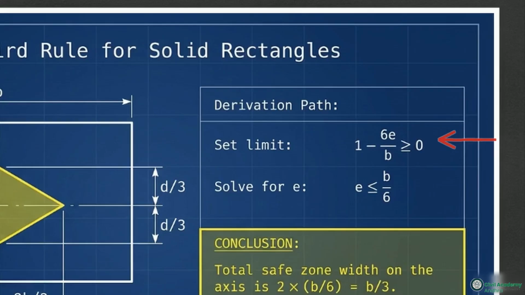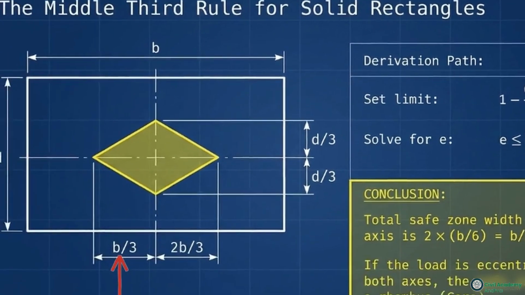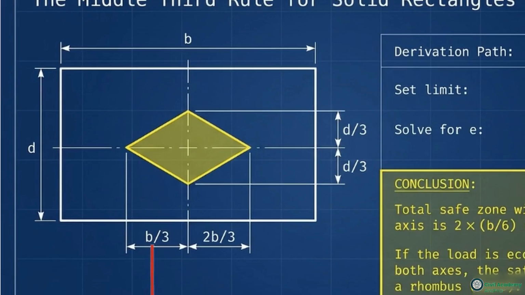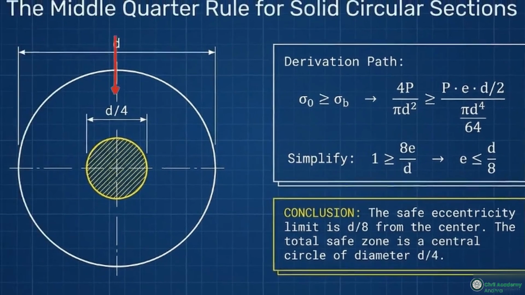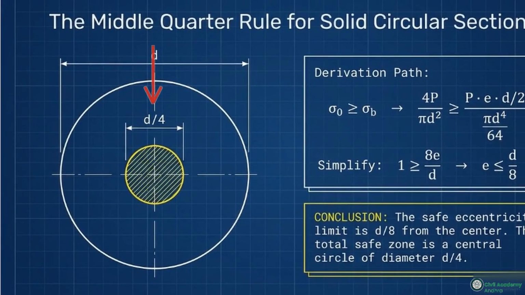For a solid rectangle, setting the minimum stress limit to 0 and solving for E reveals the maximum allowable eccentricity is B over 6. Doubling that gives a safe width of B over 3. The load must stay within the middle third of the base. A similar derivation applies to a solid circular section. The math caps the safe eccentricity at D over 8 from the center. This creates a central circular safe zone with a total diameter of D over 4, known as the middle quarter